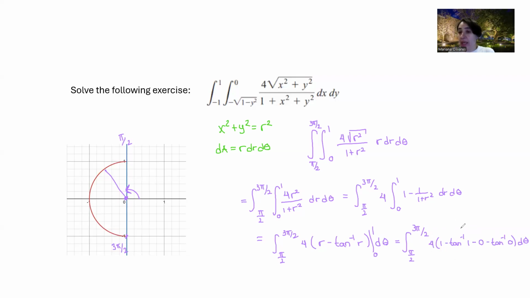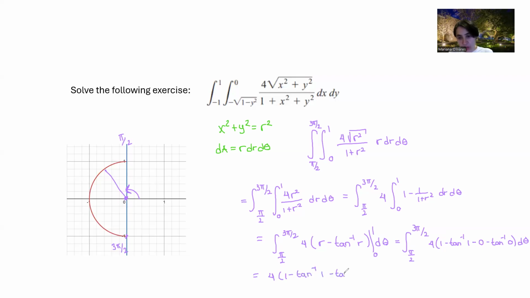What is the beautiful thing here? Even if this number is horrible and you don't know the value, you have a calculator and you can get it. What we have for sure is that this is a constant. We don't have the variable theta anywhere. So this whole constant is going to give us the constant times the variable, which is theta. So with that, we're getting this 4 times 1 minus tangent to the minus 1